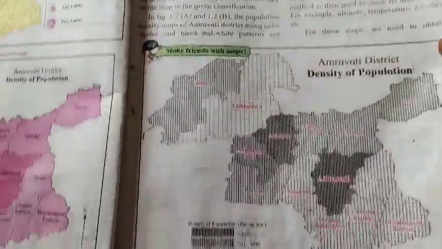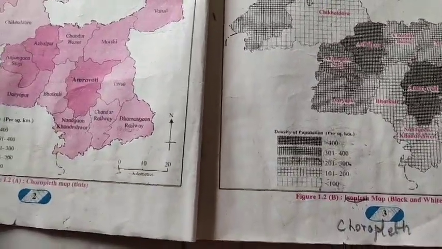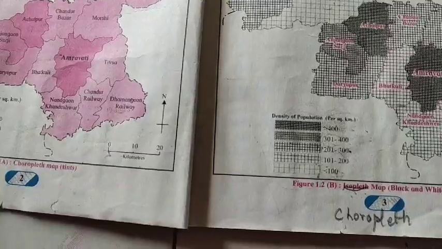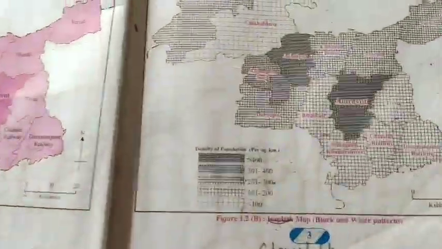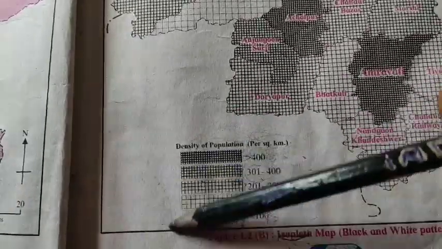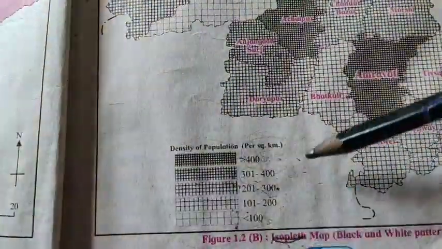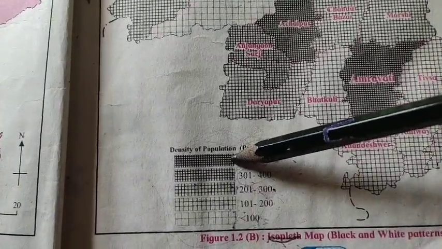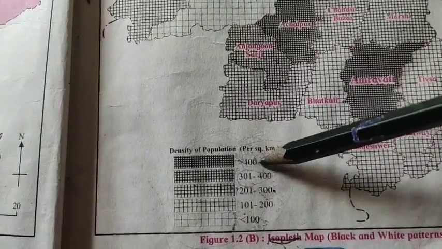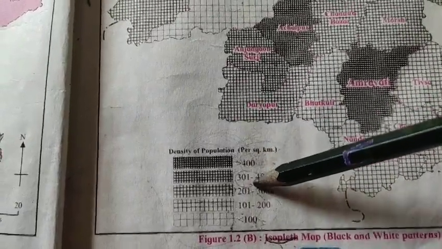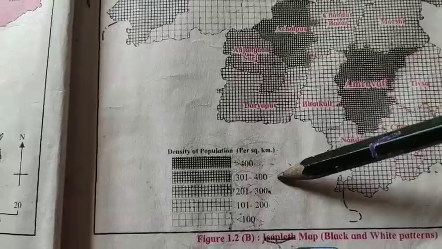So now what do they say? They are asking us to find out the talukas which show a population density that ranges between 301 to 400. If you look at this index, we are always supposed to follow the index in order to find the answers to the given questions. So the top one, the highest value shown, is more than 400. This is not going to help us. So the below one, 301 to 400.